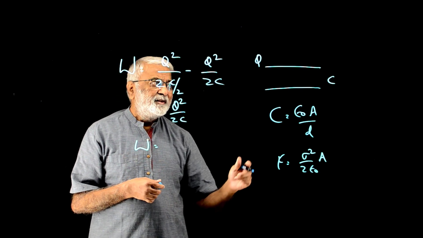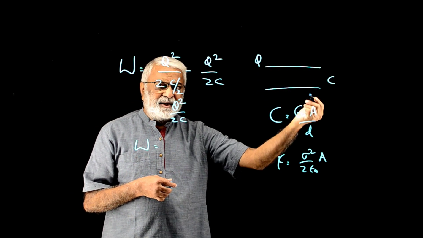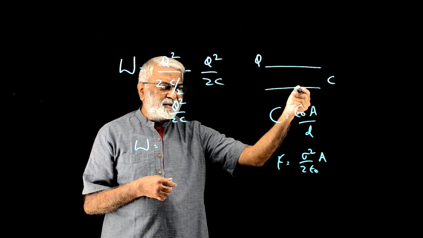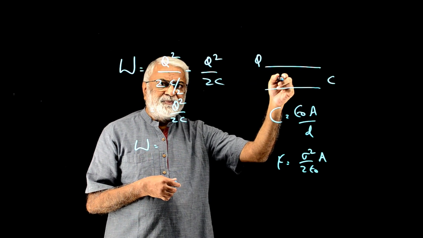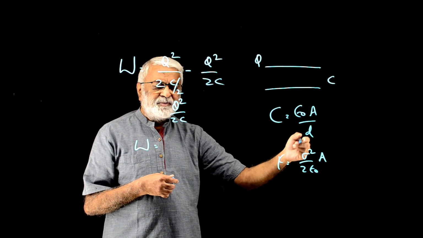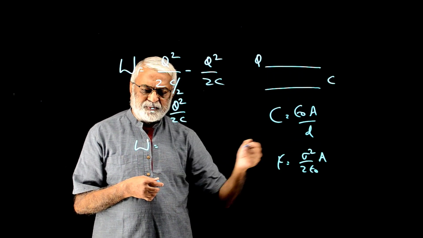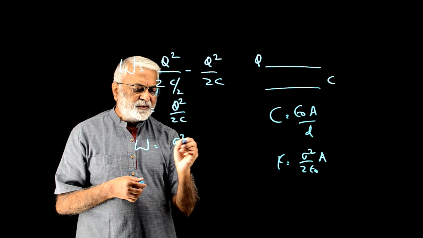How do you get that? If this plate is in the field of the other, which is sigma by 2 epsilon 0, and the charge present here is sigma. This is a uniform field due to the other plate except at the edges, which we ignore. Sigma by 2 epsilon 0 into sigma A, that's what we got here. So sigma squared by 2 epsilon 0